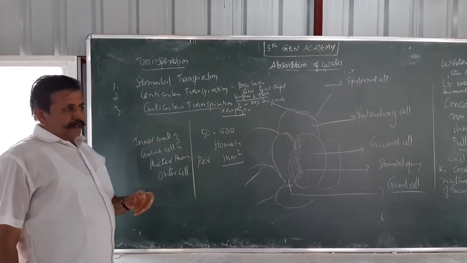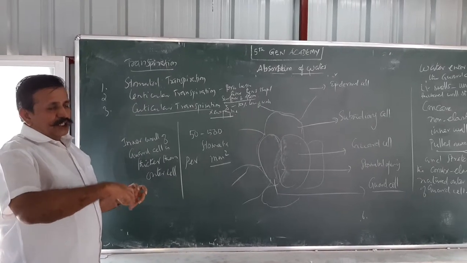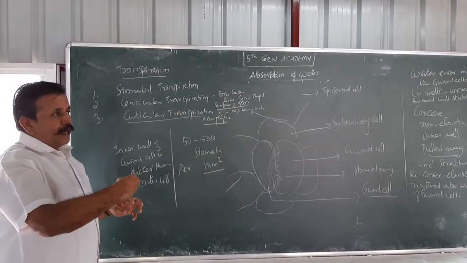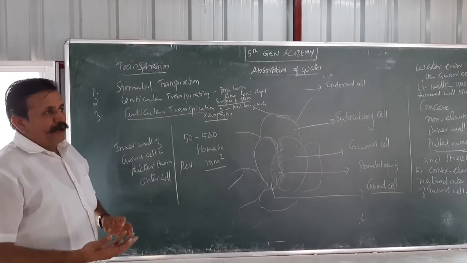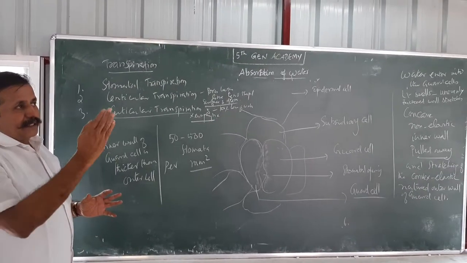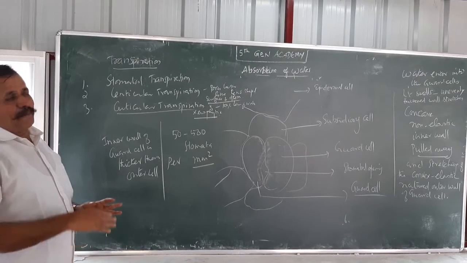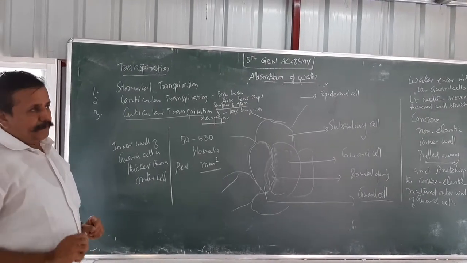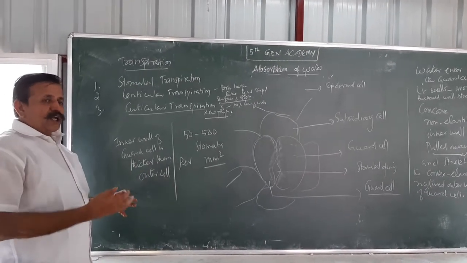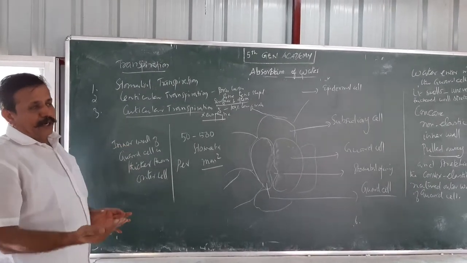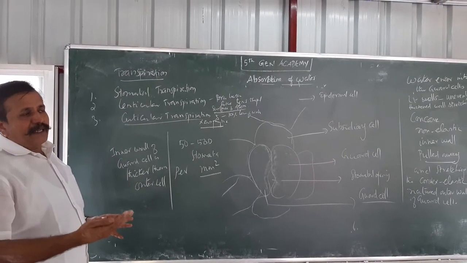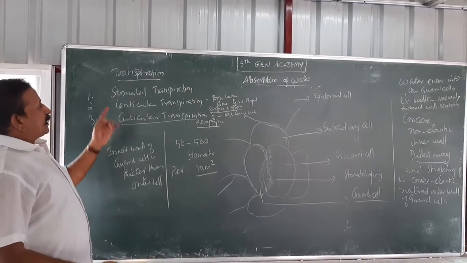Loss of water: the excessive water of the plant can become water vapor and ultimately come out from the leaf or surface of the plant. This is called transpiration. Transpiration is nothing but the evaporation or exudation of excess water from the plant body or surface of the plant body in vapor form.